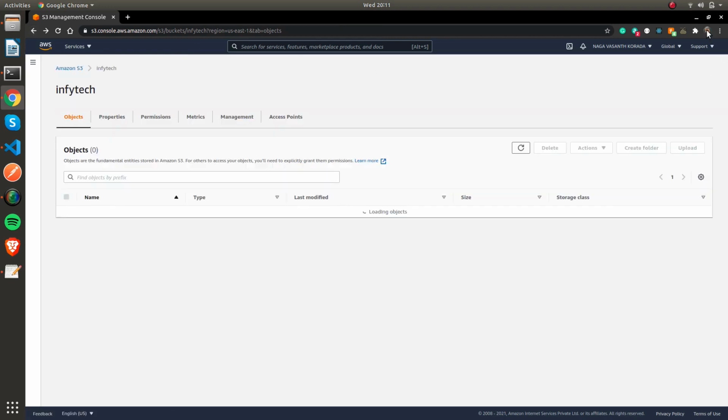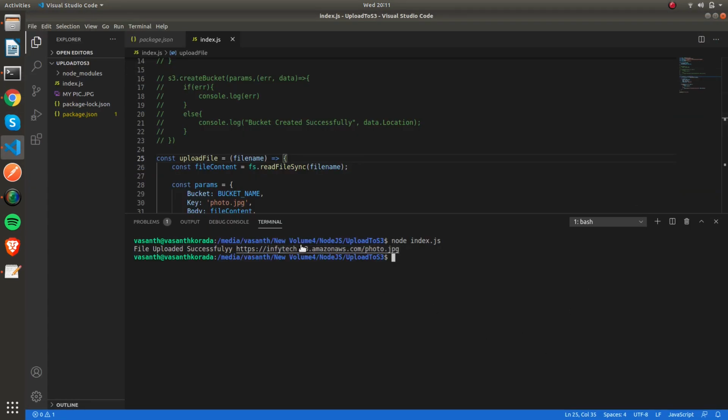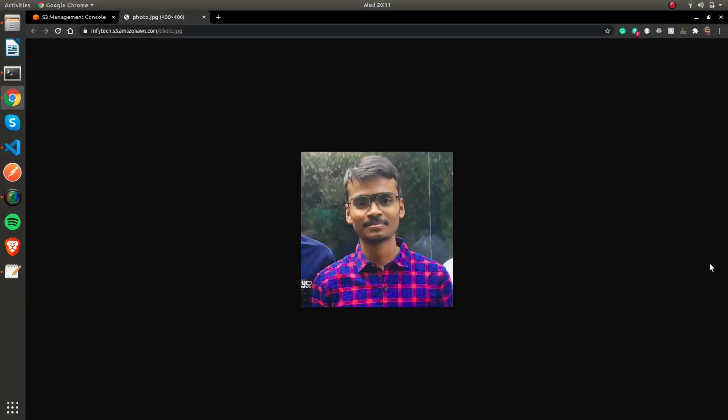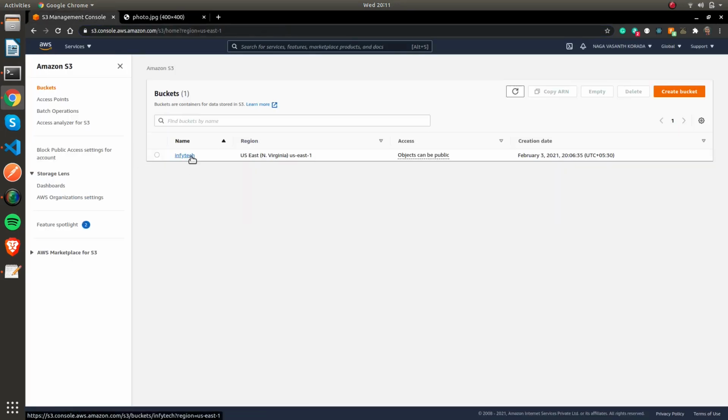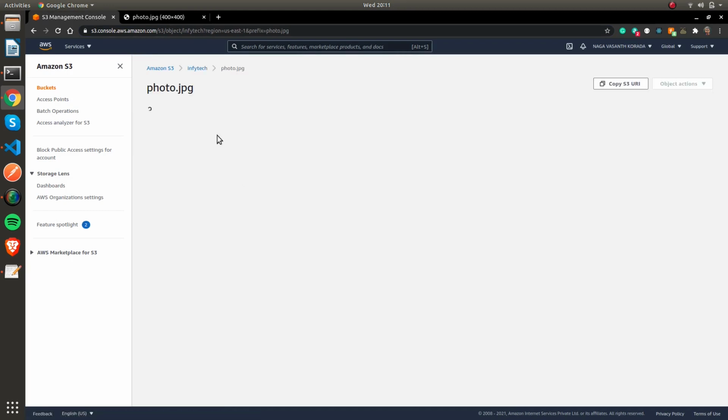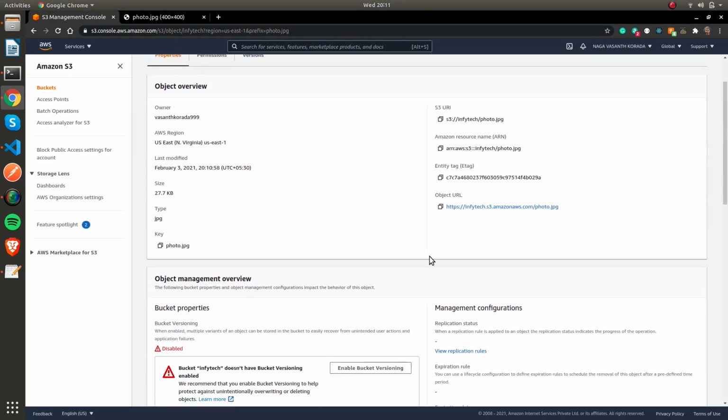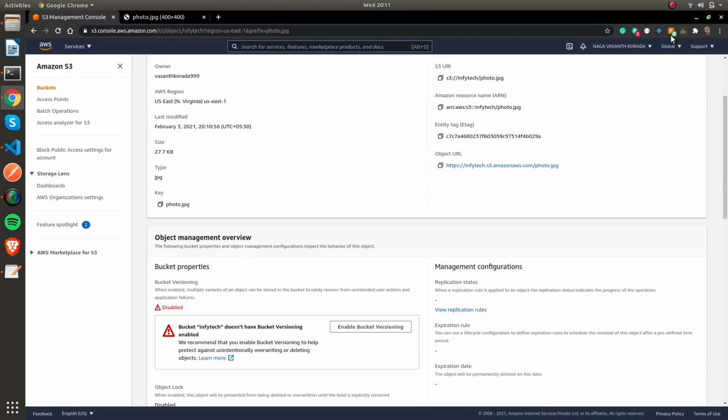Now you can access this URL and open it in your browser. This is the URL to your uploaded object in the S3 bucket. As you can see, you can find your photo.jpg in your S3 bucket.